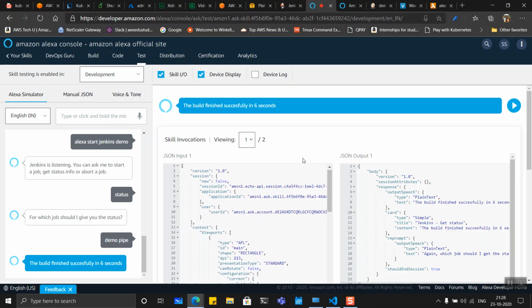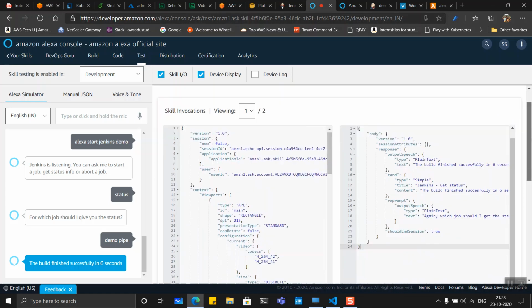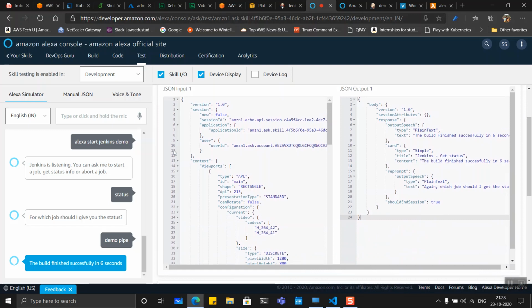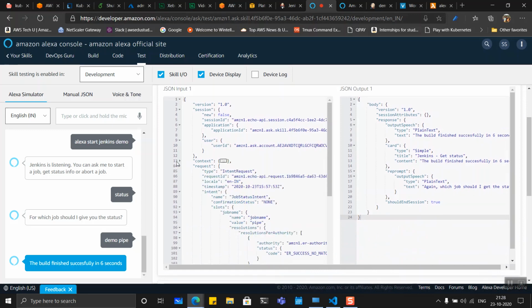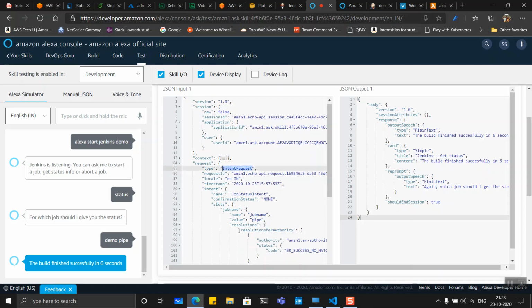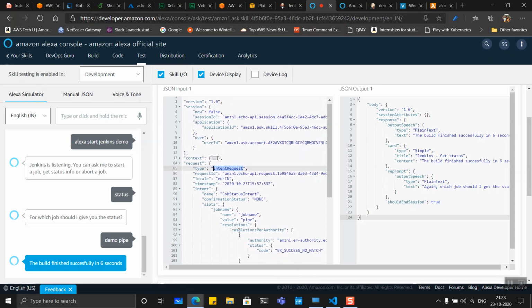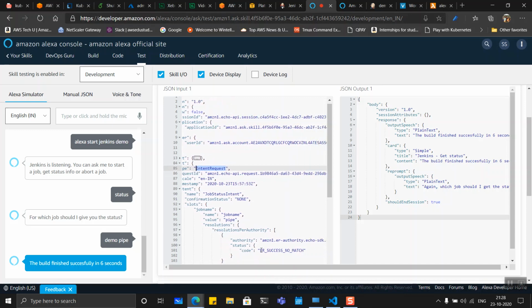And if you can see here, this is something interesting. This is actually the request that is going right to our Lambda function. So Lambda, you are receiving the intent type of request here, and you are getting a success match. So our job successfully matched, and the job name we